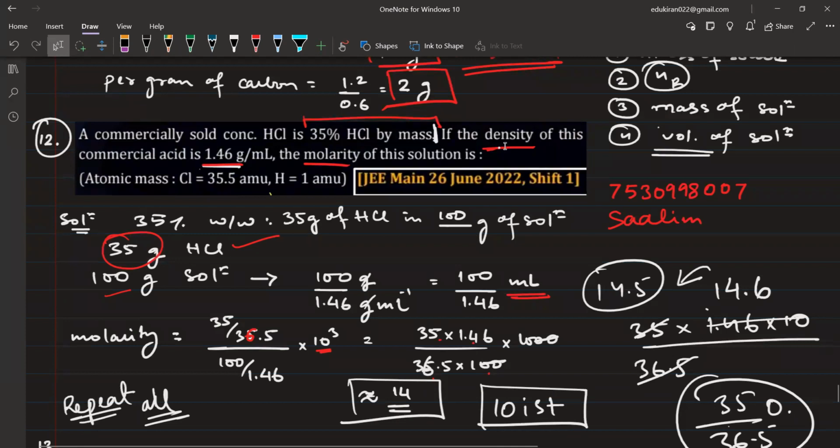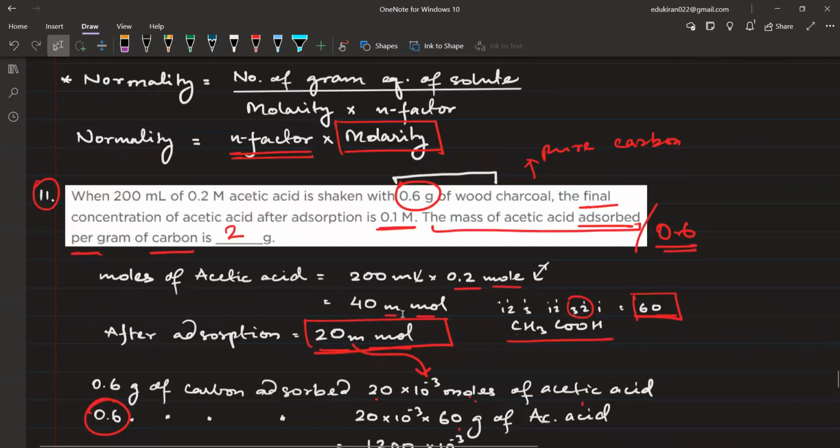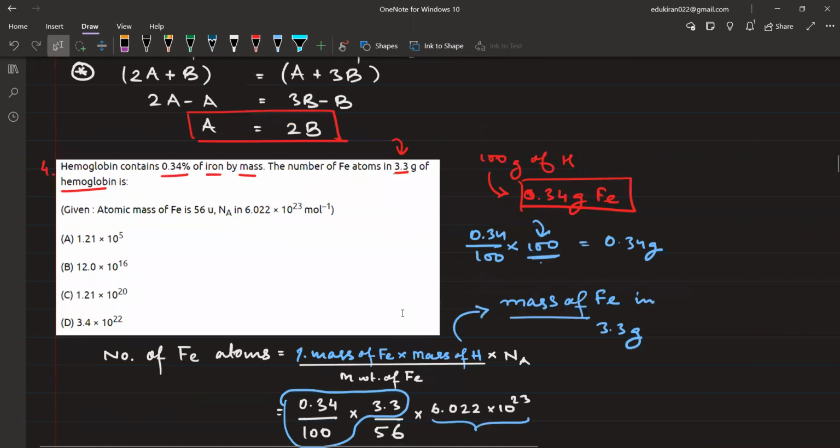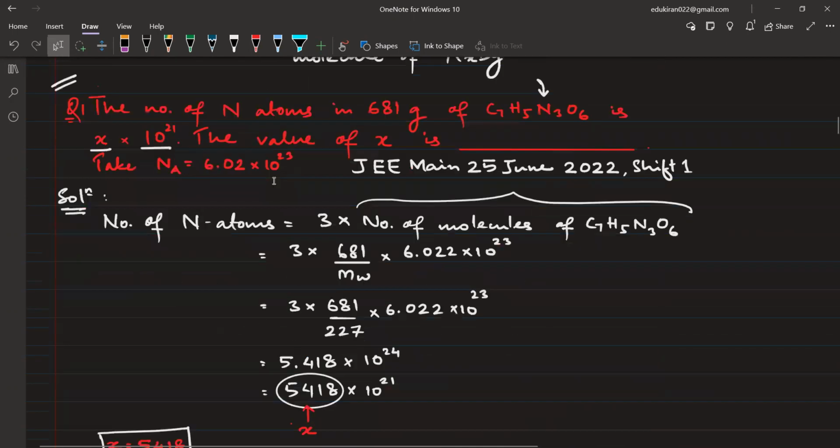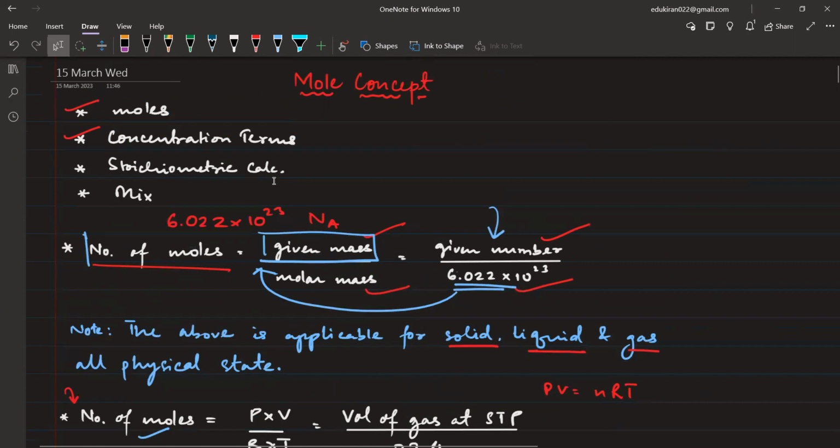We'll meet again tomorrow with stoichiometric calculations, and we will also do a bit more things on concentration terms, that is dilution and mixing and everything. और वो सारी चीजें ना उसमें reactions भी आ जाते हैं, because you have neutralization reaction, फिर कितने number of moles बचे हैं ना. So all of those things we are going to do in tomorrow's class, और कल फिर mole concept खत्म हो जाएगा. And please do, mole concept से बहुत सवाल आते हैं. And if you know mole concept, then फिर you will have it easy in colligative property, Raoult's law, Henry's law, उन सब में भी आपको वहाँ पे help मिलेगी, है ना. Then again you will also be having a bit things easy in electrochemistry, in chemical